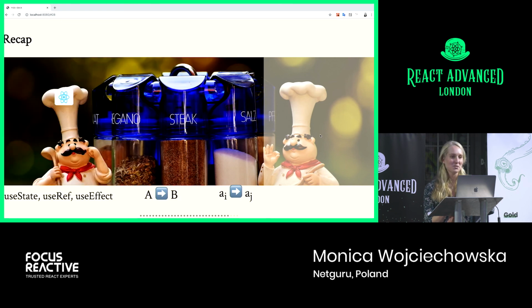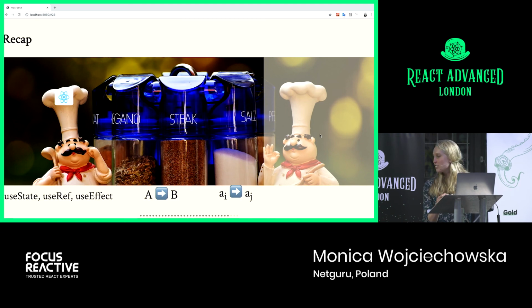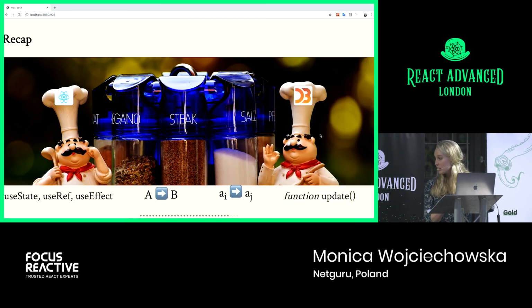And we talked about who can add those salt and spices into our animation. So in this case, our chef will use especially the useRef and useEffect hooks to tell our sous chef, D3, when and where exactly to make those changes. Our sous chef will then take his action within that update or draw function.